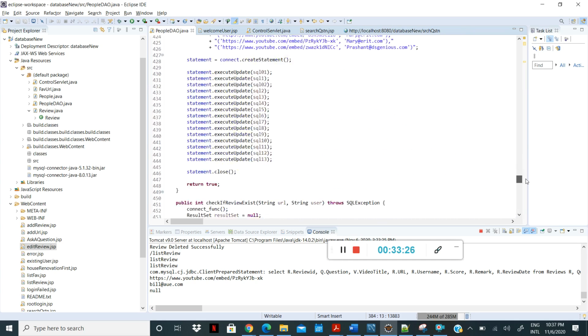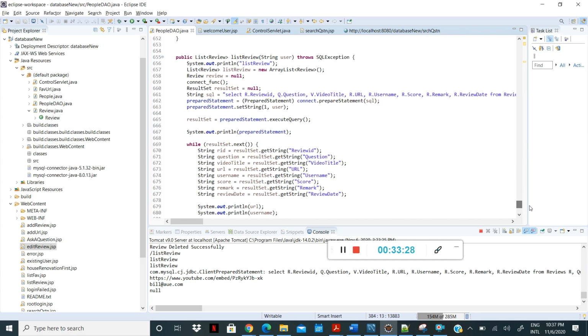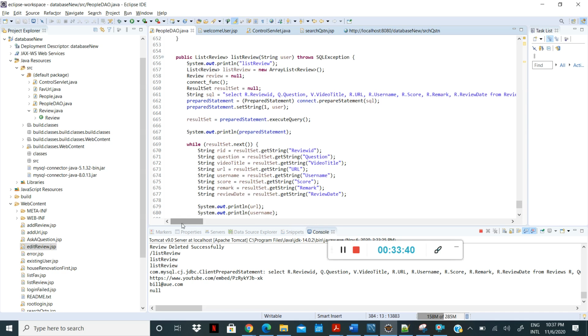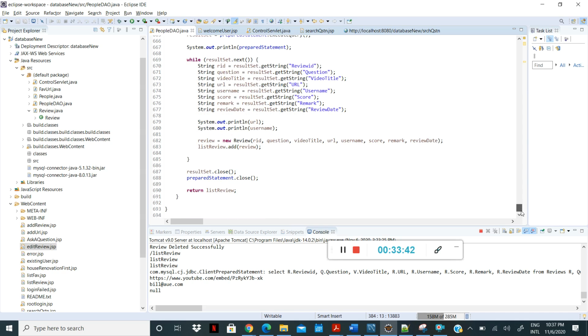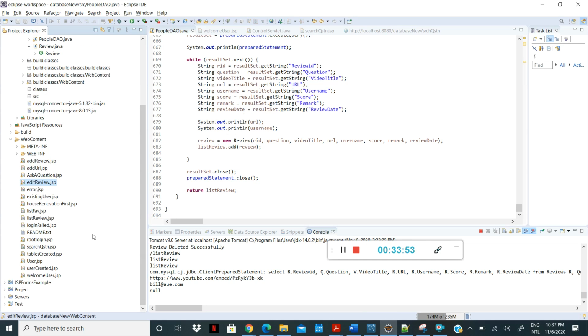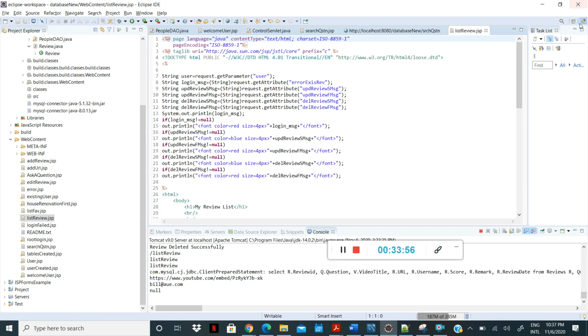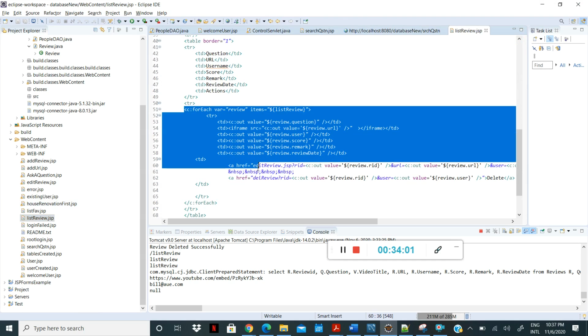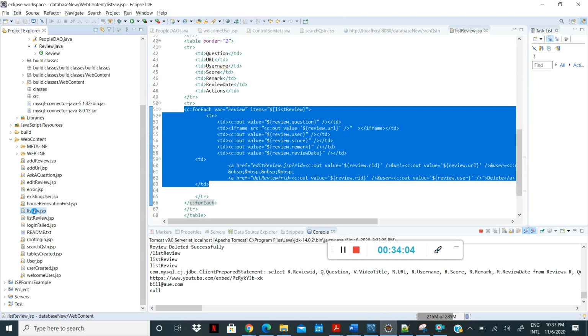Similarly for list review, we will list similar to that. We will take the records from the reviews, question, and video tables. We will join based on URL and question ID, and for the username we will fetch the records. We will be storing it in the list, and that is fetched and displayed with the for each command, like I showed for the questions. See, for each it will be displayed. So even for this,